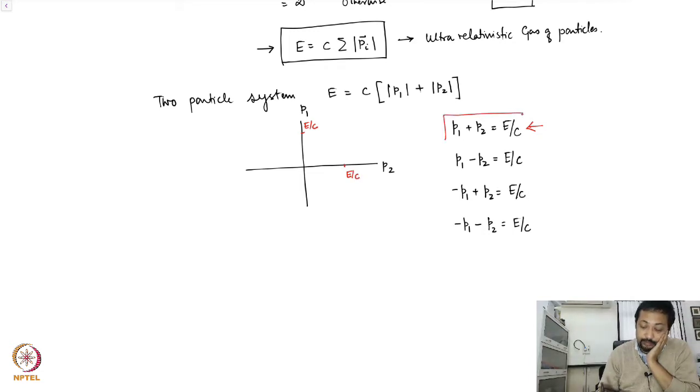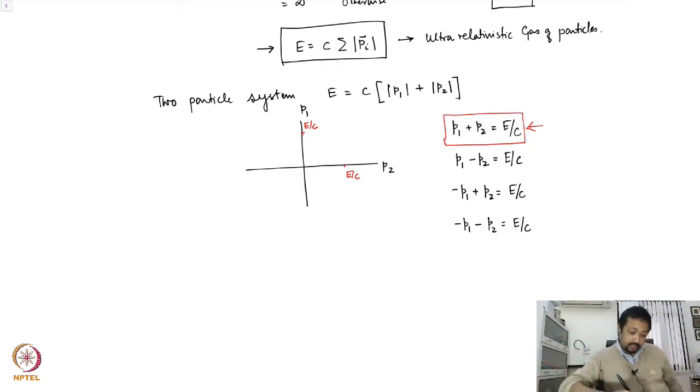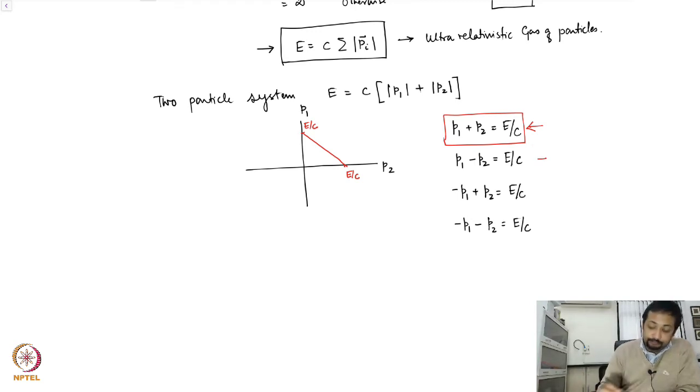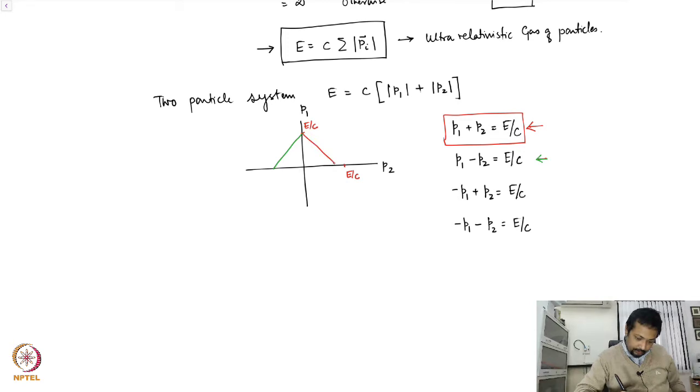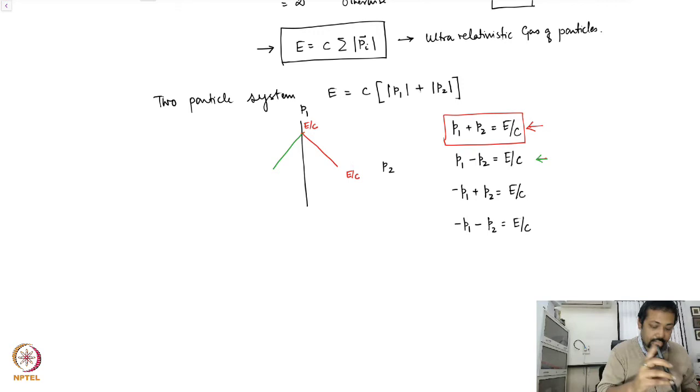Therefore this represents the line which is essentially like this. Similarly for the second one, when p2 is equal to 0, p1 is E over c, and when p1 is equal to 0, p2 is minus E over c, so I have this line. Let's make sure that the arms have equal length, and then we say that this is going to be